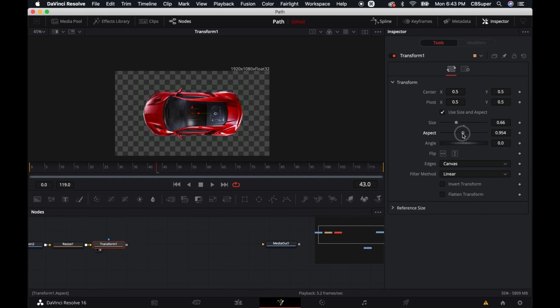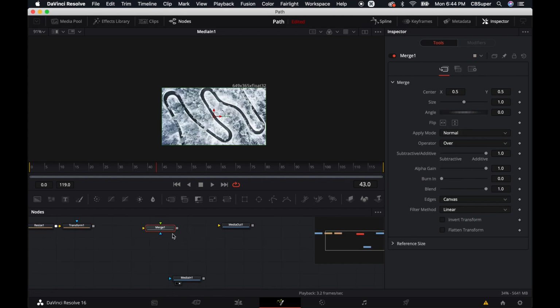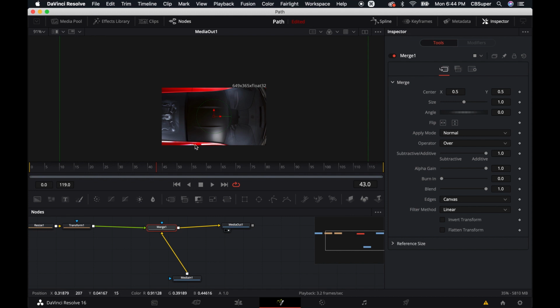So it looks like it might have stretched it just slightly, so I'm just going to bring it back in just a little bit, just the eye. I'm actually going to flip it, so I might as well do that right now. So with the merge node in here, I can pipe this in. It's going to be in the background. This is going to be in the foreground, piped out to the media out, and you'll see our car is